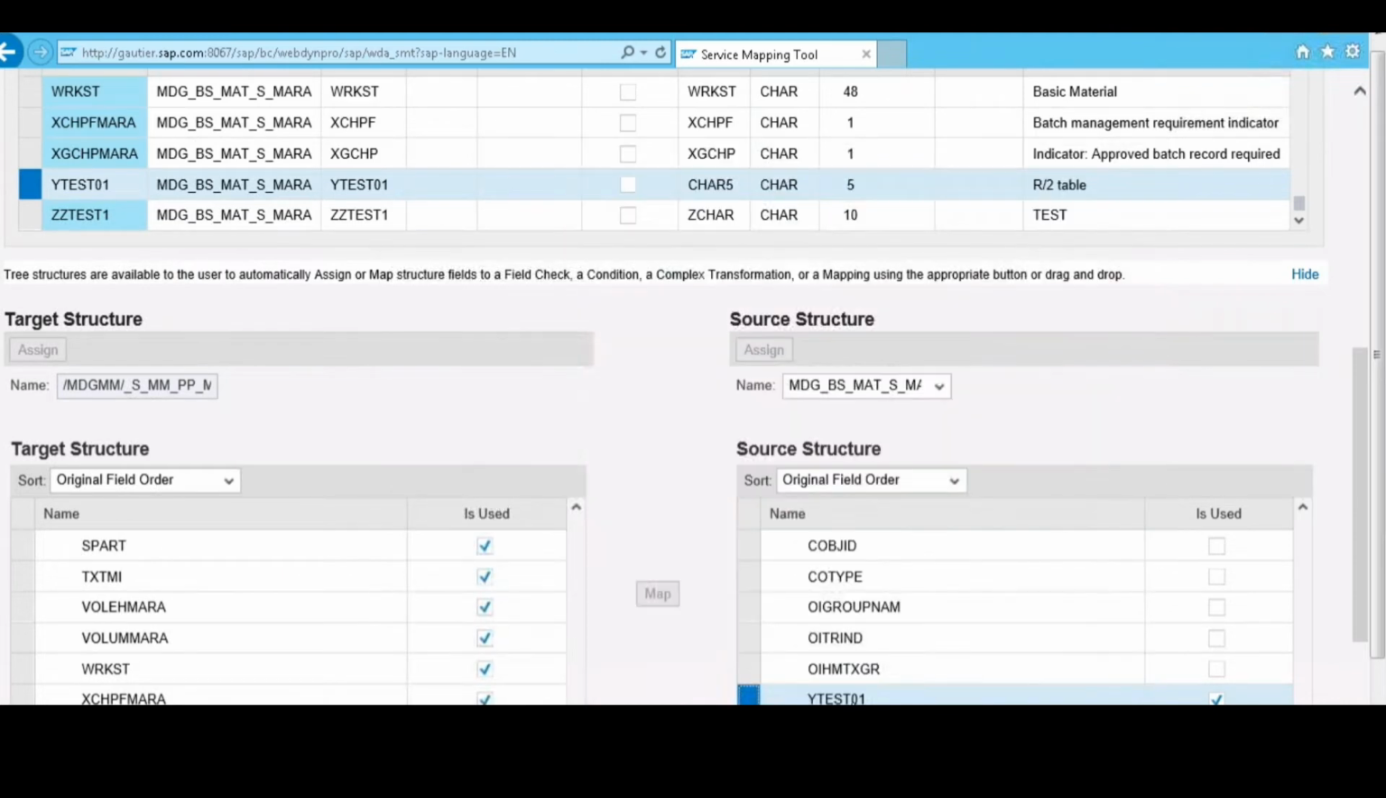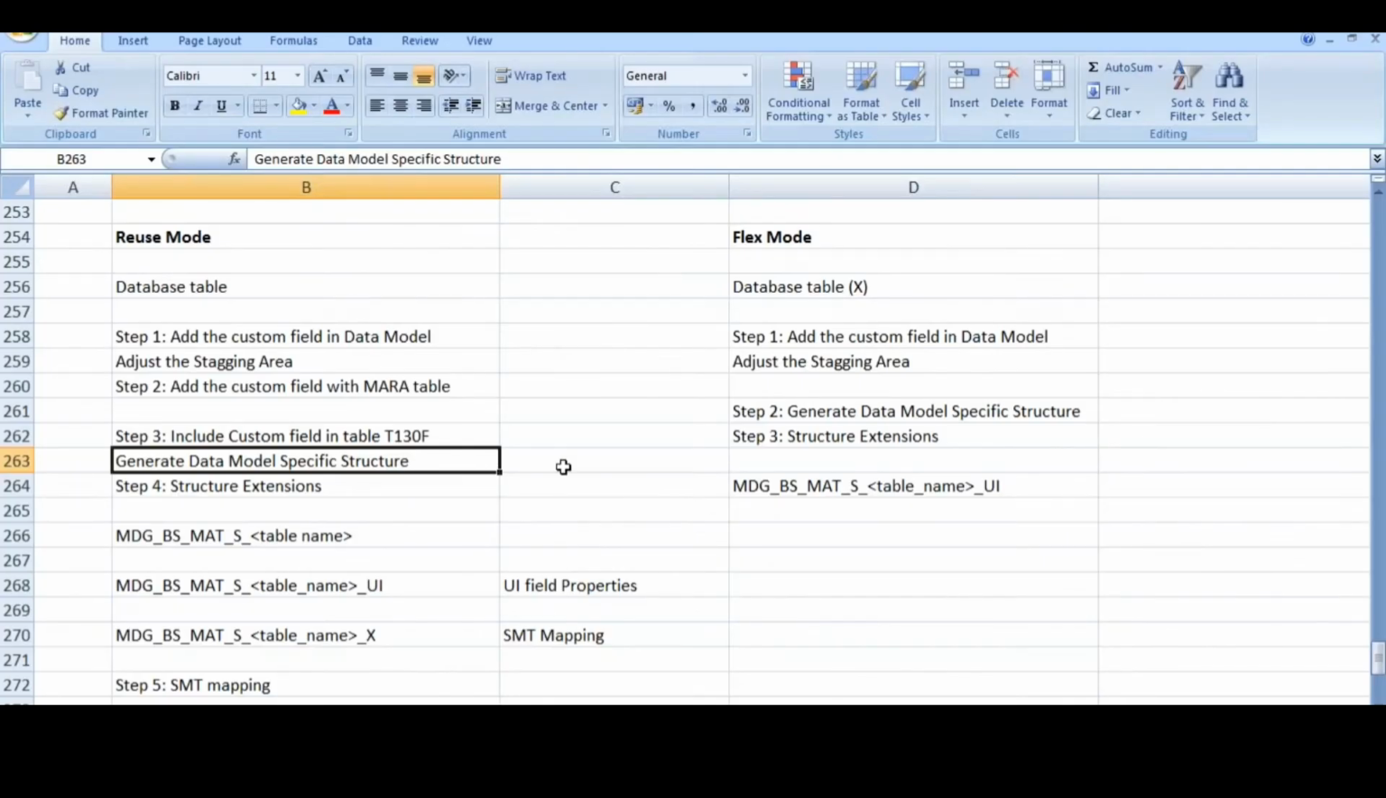Aditya, I have one question. If I want to create a material, for that I need to create a change request. Am I right? Absolutely right. In that change request screen, I want to add a button or a field. For that, I need to add that field at the data model level. But